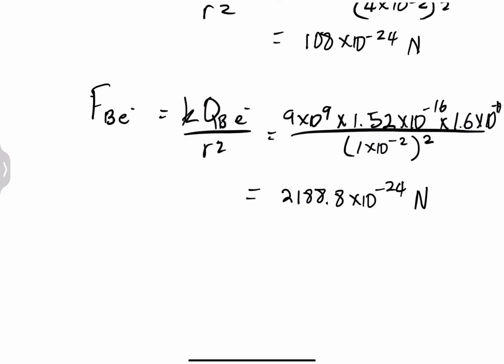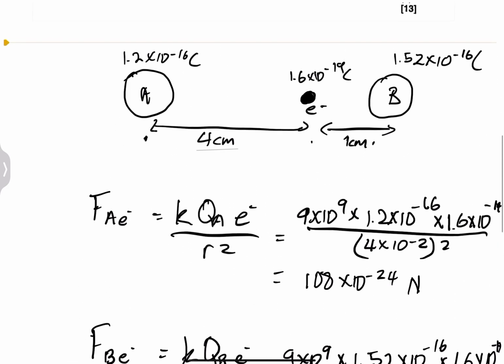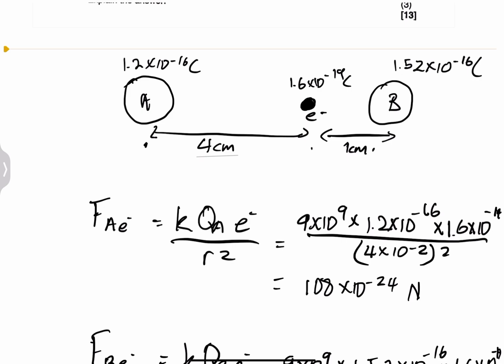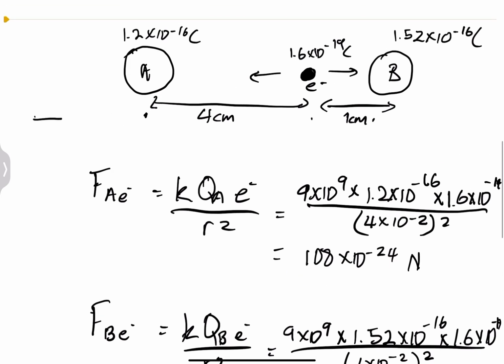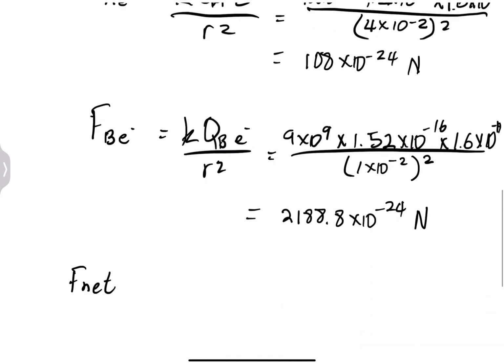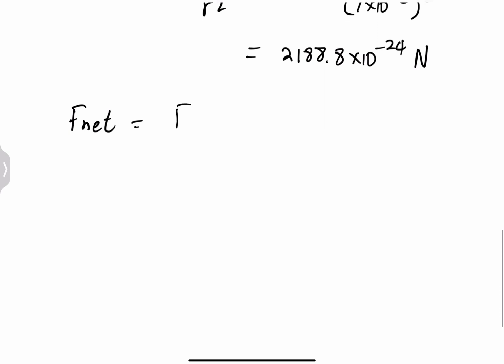Right, and then we wanted the net force, right? Now, remember, when we want the net force in this case, something I should have done before, remember what's happening here. You've got force A, or rather charge A, pulling the electron in that direction, charge B pulling the electron in that direction. So, of course, in this case, you can choose a positive direction. I'm going to choose the direction of charge B as positive, right? So my net force will be the force that B exerts on the electron,